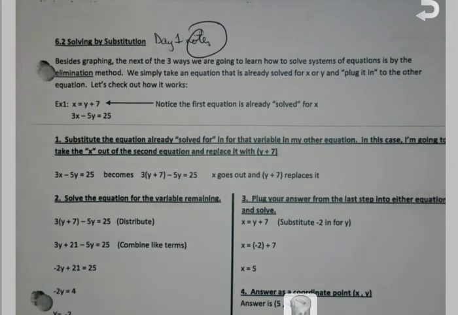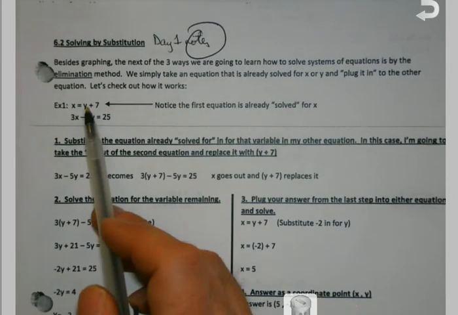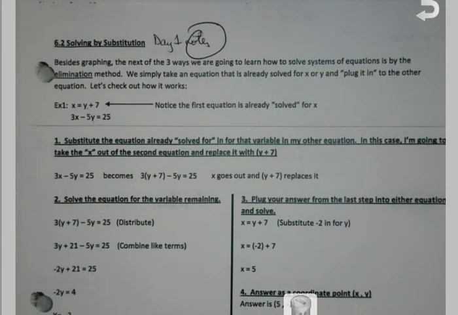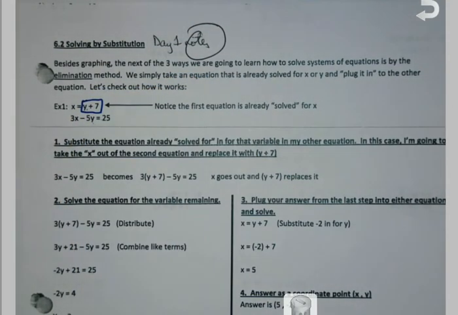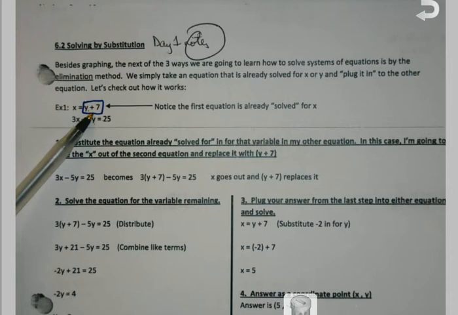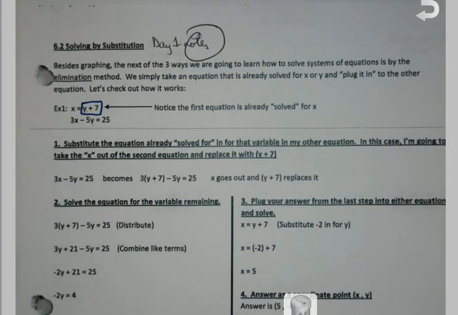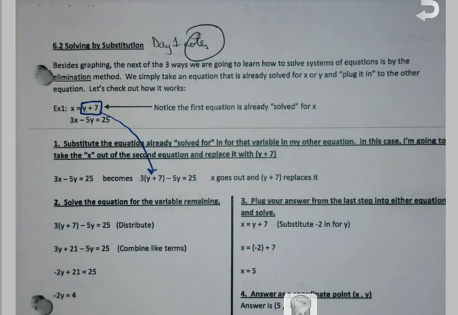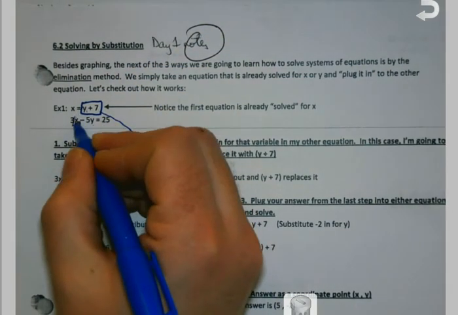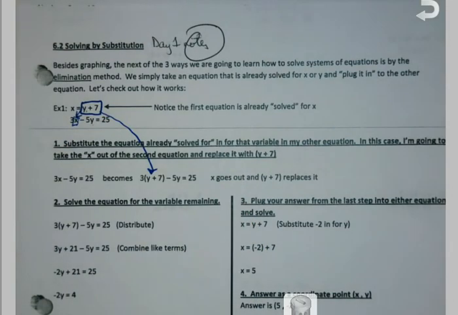So, here's going to be our key today. We're always going to have 2 equations, but one of those 2 equations is always going to either be x equals or y equals. It's going to be solved for one of the variables already. So what we're going to be able to do at that point is take that one, the one here that's already got x equals, and we're literally going to take it and plug it in to the other equation. We're literally going to pop it in right there,